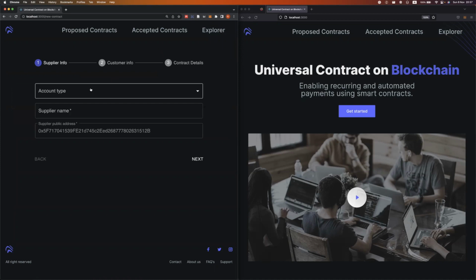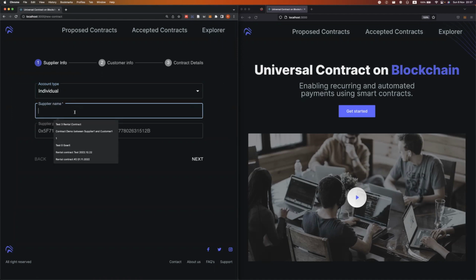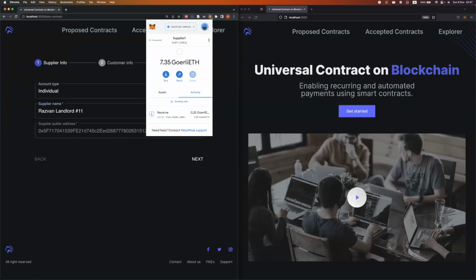Supplier fills in the identification details of his own. First detail is the account type. We can select here either an individual or a company. Let's go with the individual type. Supplier name, I'll put myself as a landlord. Let's say test 11. Interestingly, the supplier public address gets automatically filled in by the prototype from the MetaMask digital wallet. Let us check that this is the right account,